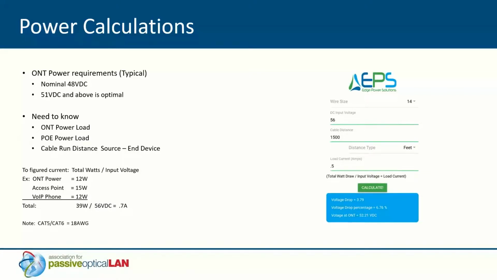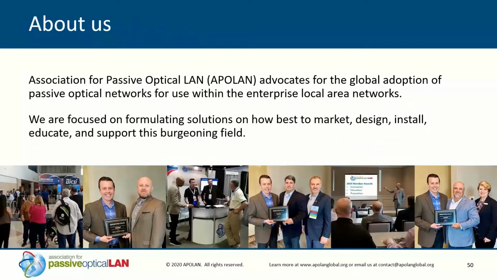Another question I was getting, just a note I put down here at the bottom, is whether you can reuse existing Cat 5e or Cat 6 cabling for your power. And you absolutely can, but you need to remember that if you use 2 pair for your positive and 2 pair for your negative, you're still only getting, on average, an 18 gauge wire equivalent. And I believe, next slide, I think that wraps it up for me.